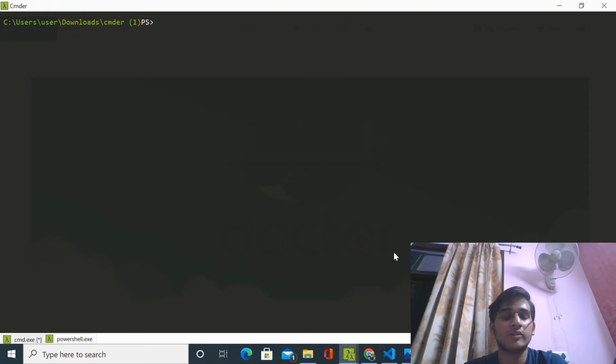We will make our first container now. For that we need to download an image from Docker Hub. We can do that by docker pull nginx.